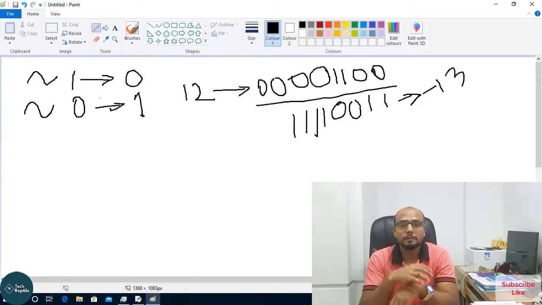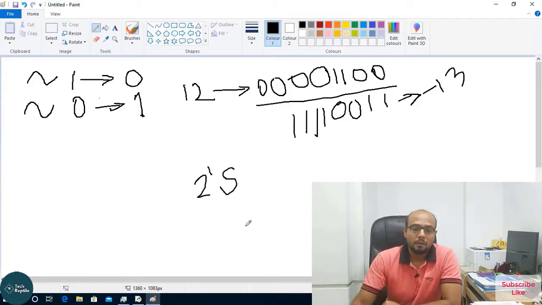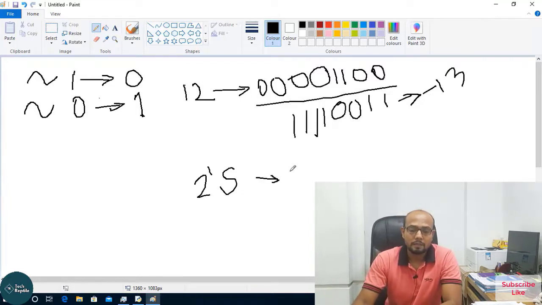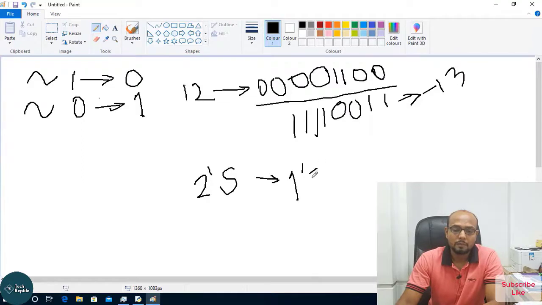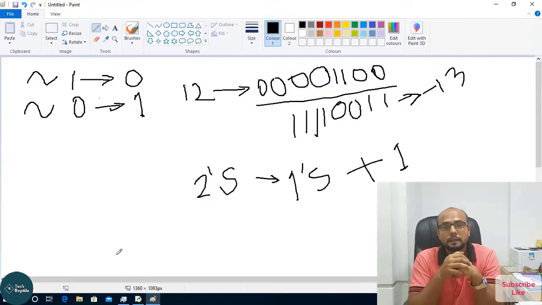So what is 2's complement? The formula of 2's complement is 1's complement plus 1. That means after getting the 1's complement, you have to add 1 to the 1's complement and you will get the 2's complement of your given number, and that will be a negative value.